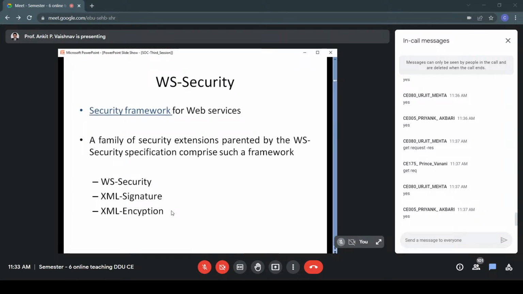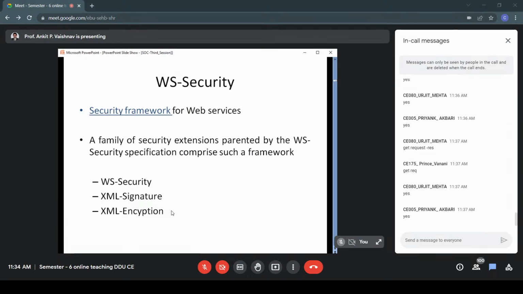Now I am going for security. Fine. So WS-Security is a set of standards. It is not a single specification. It is a set of 3 specifications. WS-Security, XML Signature, which focuses on appending a digital signature to your SOAP message, and the third is XML Encryption, which ensures the secrecy of your message.